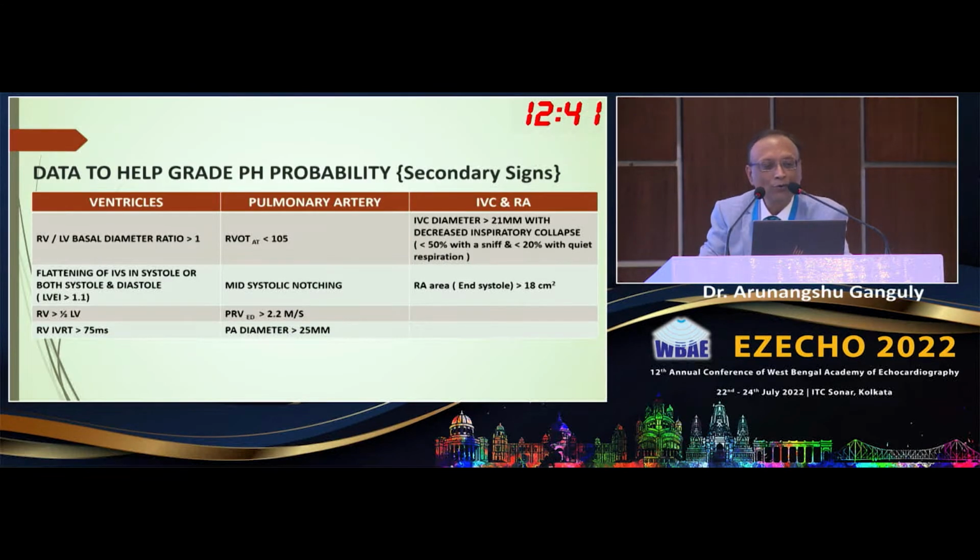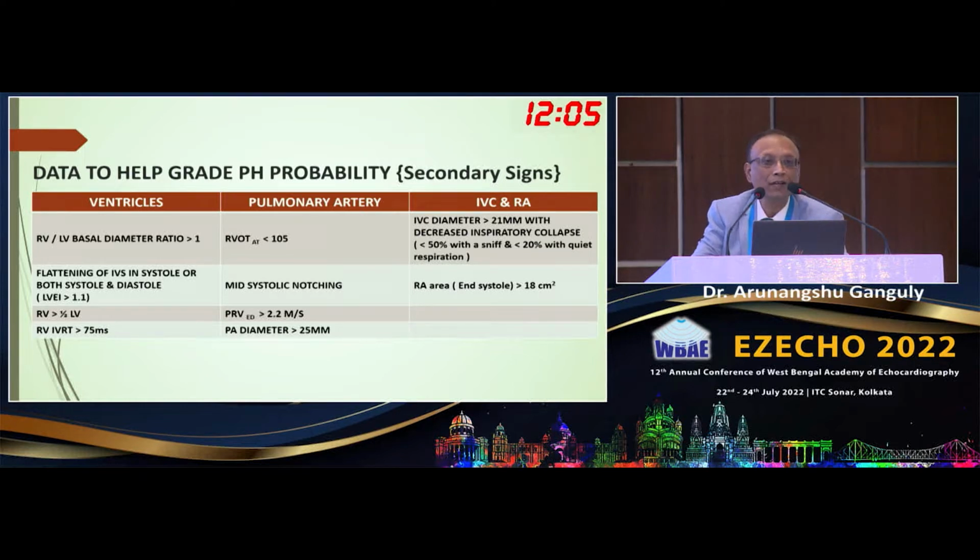So how do you approach the secondary signs? Other than TRV, in the ventricles, you have to look for flattening. You have to look for the RV size being more than half the LV size, and the RV isovolumetric relaxation time should be more than 75 milliseconds. In the pulmonary artery, the RVOT acceleration time of less than 105 milliseconds gives you an idea of mean pulmonary artery pressure, a mid-systolic notching,